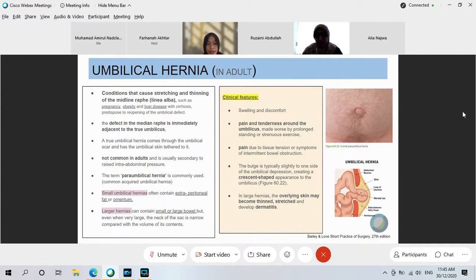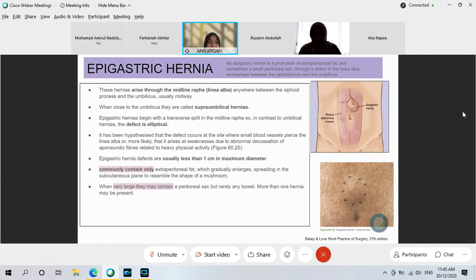Okay, the patch is beside to one side. I already mentioned just now. You can see clearly it's crescent shape. In large hernias, the overlying skin may become thin, stretched, and develop dermatitis because the content is too heavy. The volume is more than the neck. Sorry. Okay, next. This one is an epigastric hernia, which is less common, only 1 to 2%,